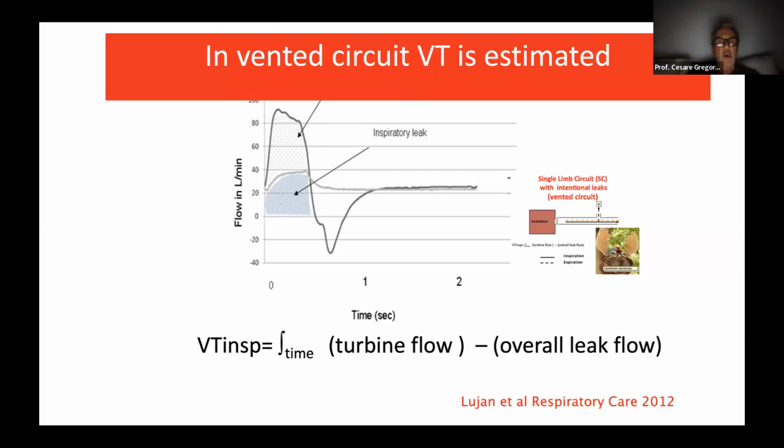And I tell you more, if you have non-intentional leaks, the ventilator is able to compute these additional non-intentional leaks, subtract them from the flow coming out of the ventilator and try to give you a real estimation of